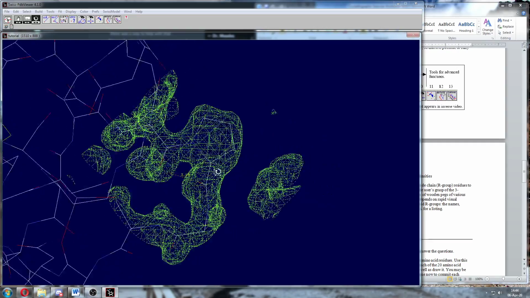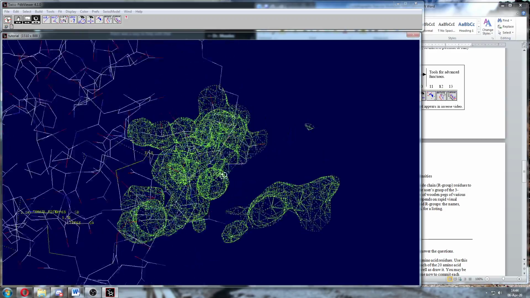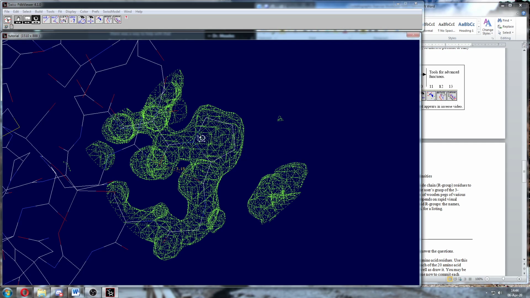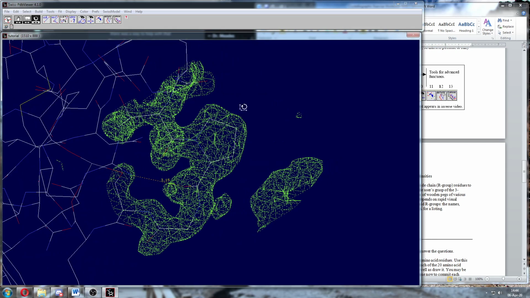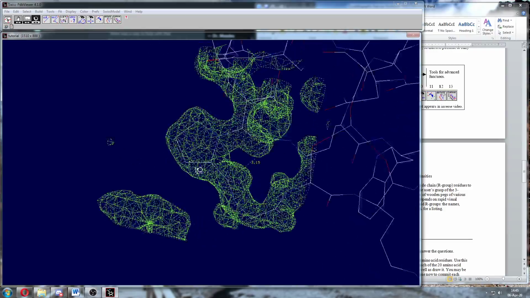Right, well, what do I mean by does it fit? Right, we got to make up some rules here. So when I say it fits, I mean does it shrink wrap well? In other words, 2 things have to be true. I don't see lines, bonds, and atoms sticking out of density, which would indicate there's an atom here with no real density in the real world to support it. Why did you assign it there? Right? I also should not see any empty cage. Right? There shouldn't be a blob of density here without an atom assigned to it, because there should have been one. There's real density for it there. So what we see here is all the atoms fit and all the bonds fit within the density,